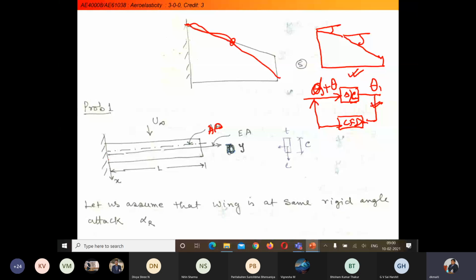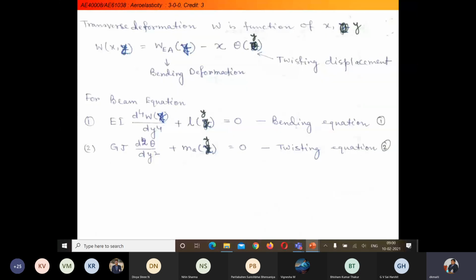Similarly, we will have an elastic axis, which we have taken earlier also. The moment will be balanced about this elastic axis, the length of the finite wing is L,